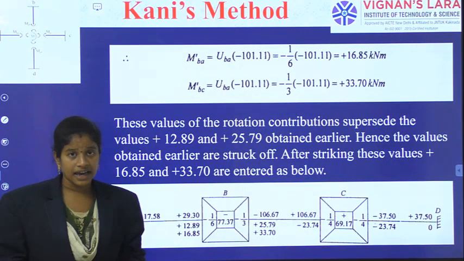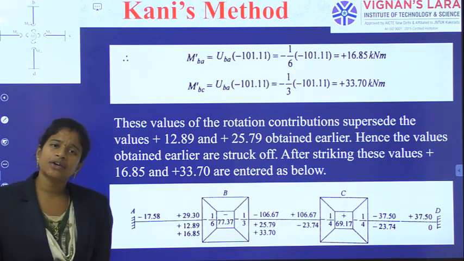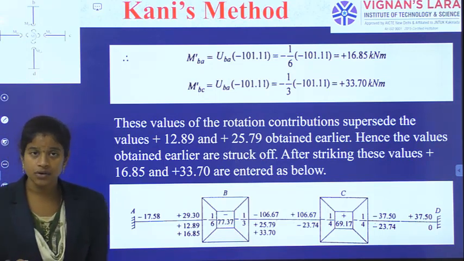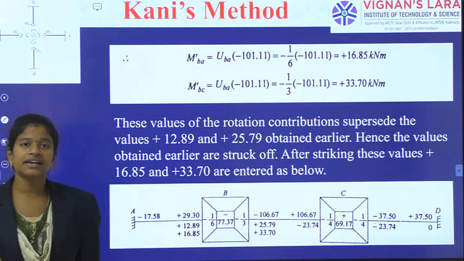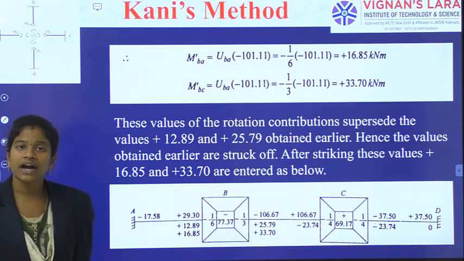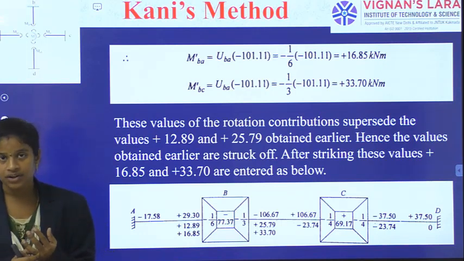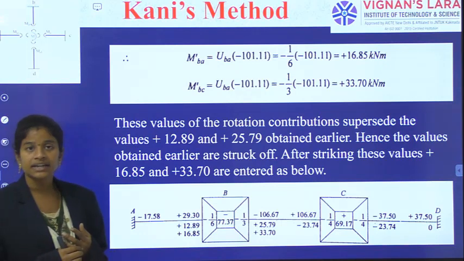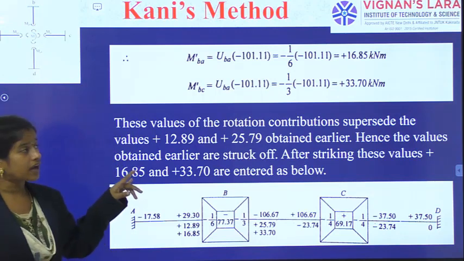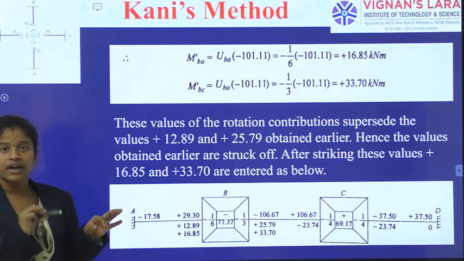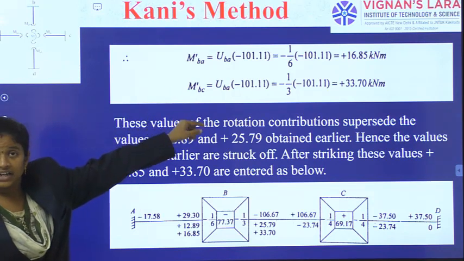The next thing, as we have calculated 2 more numericals. Already we have given the rotation contributions at the nearer end, at B towards A and at B towards C. But why these values? As we have already said, repeated cycles give the accuracy. With the cycles, removing the old values we will write the new values, or striking off the old values we will write the new values. So these are the values we have got in the new step.